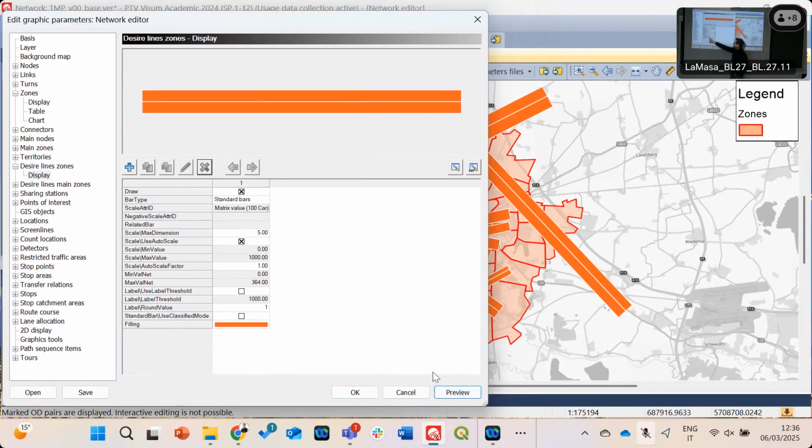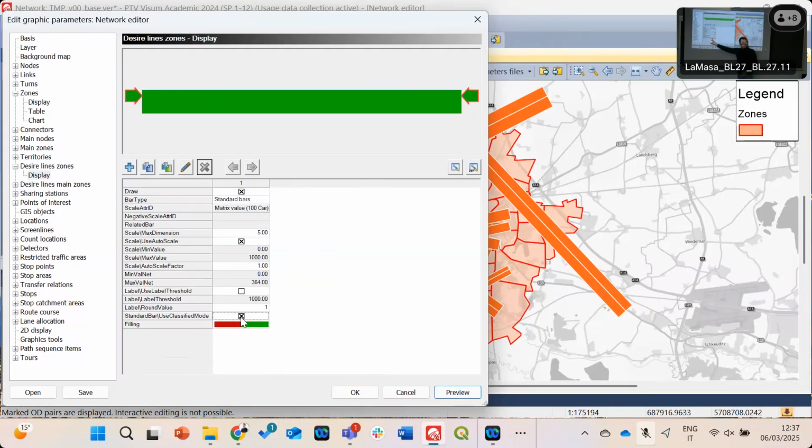Now, I will not focus on that. I won't spend time on that. This is just to say, there you can scale the maximum and minimum number dimension. All the visualization parameters are available to be customized, etc. If you don't like the orange, just go on that and customize the color. If you want, instead of a uniform display, as in this case, you can also move to a classified mode,